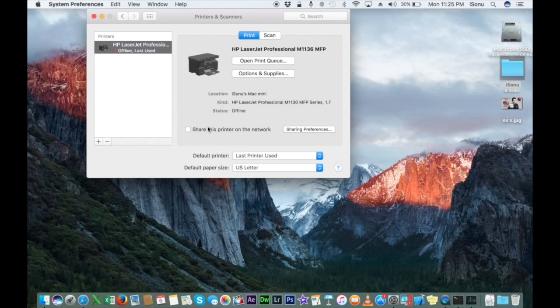Now if you want to share that printer on the network, you can just click on this option and automatically it shares your printer to the network, and it will be accessible to all the network connected devices or the